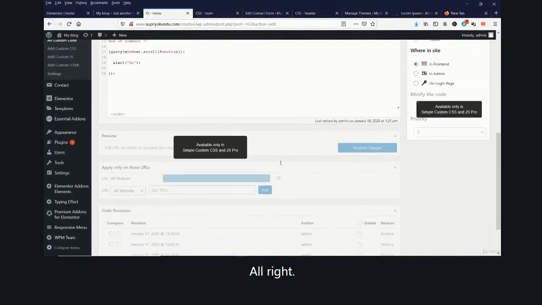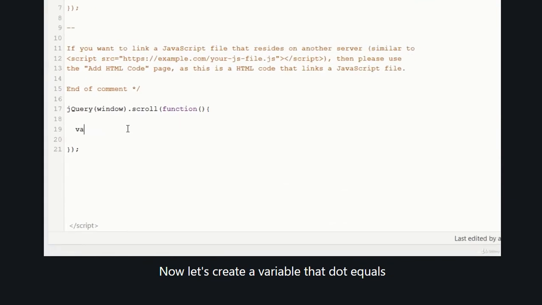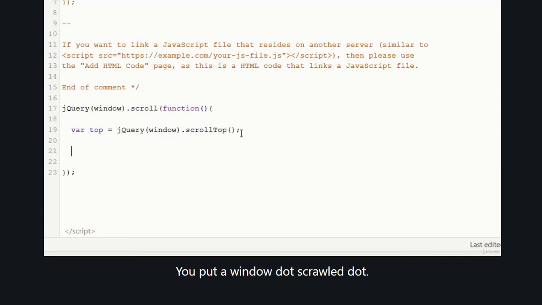All right, now let's create a variable where top equals, let me just copy this one. So yeah, jQuery window dot scroll, where top equals scroll top. All right, jQuery window dot scroll top. Next if